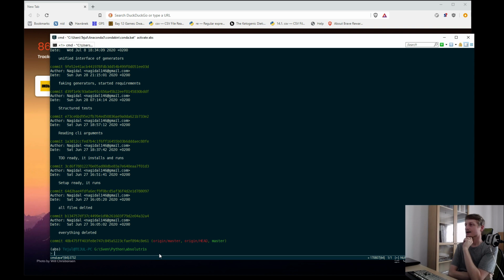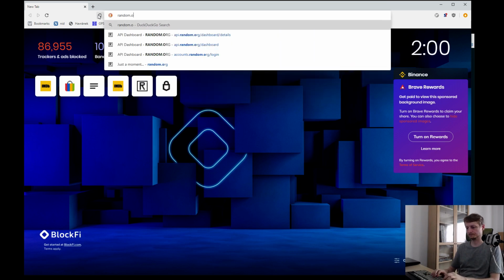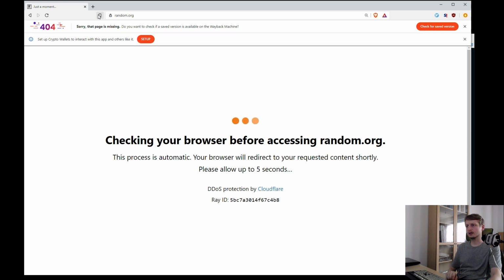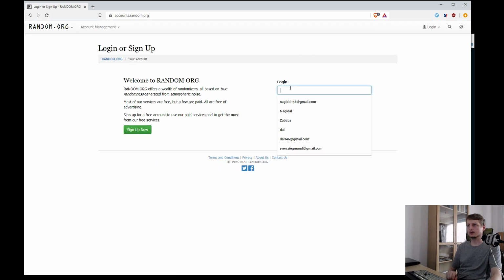No racing, no. But true randomness is provided by random.org. I'm using my email here, but the password I'm using, I guess, is this one.